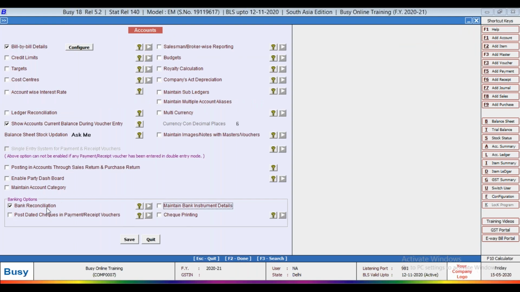Now the next option is post dated checks in payment and receipt voucher.